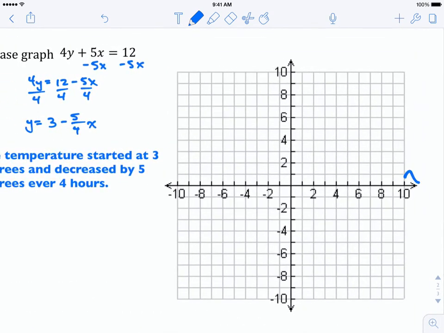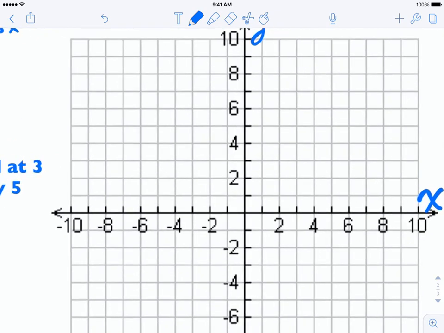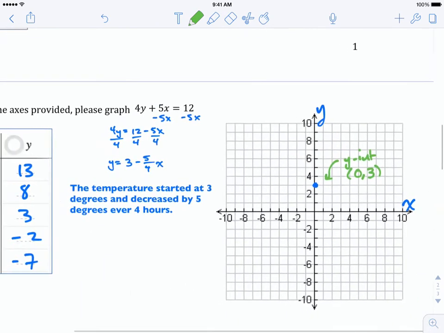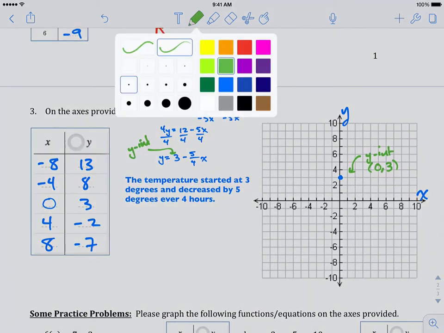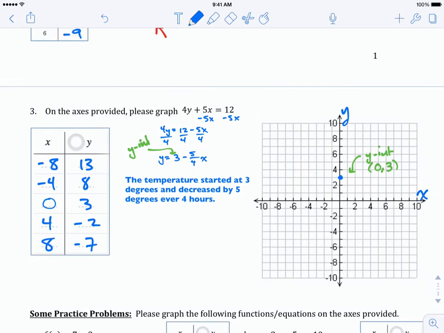Here, let's label our axes. So we've got the ordered pair 0, 3. Again, our y-intercept, ding, ding, ding. That's awesome. Y-intercept is 0, 3. Let's make a note of that right here. So our y-intercept. All right, so we know that for every 4 hours that go by, the temperature decreases by